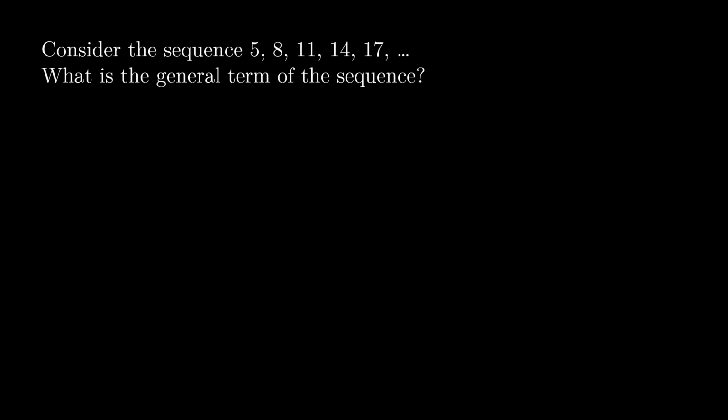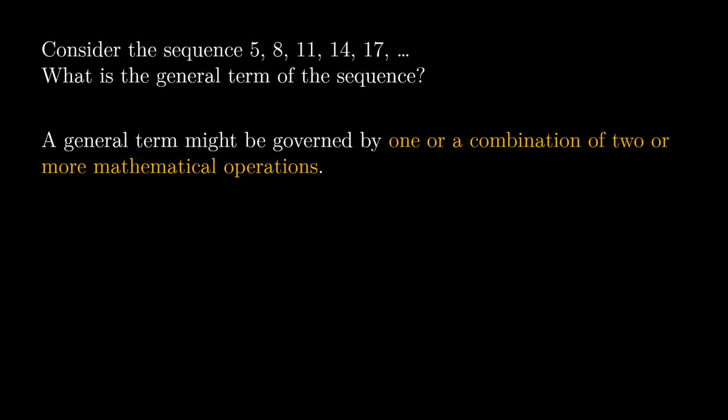So this time, let's consider the sequence 5, 8, 11, 14, and 17. What is the general term? Again, going back, the general term is actually the nth term, or the formula that we use to find any other term. It's like a formula so that we can easily compute any term of that sequence. So how do you do that? A general term might be governed by one or a combination of 2 or more mathematical operations. We may combine multiplication and addition, or multiplication and division, or any other combination of